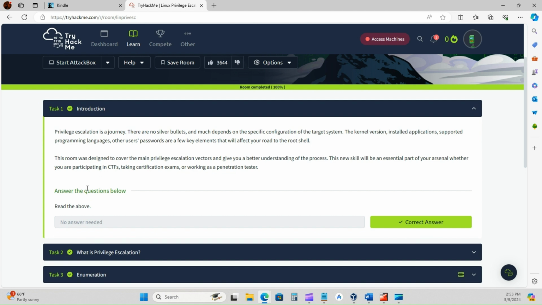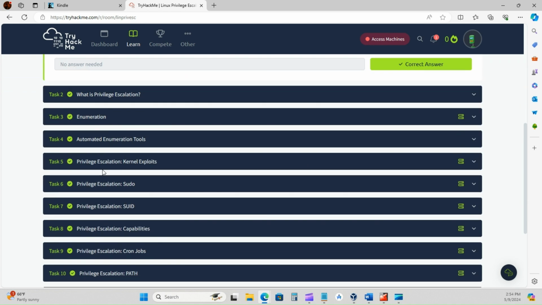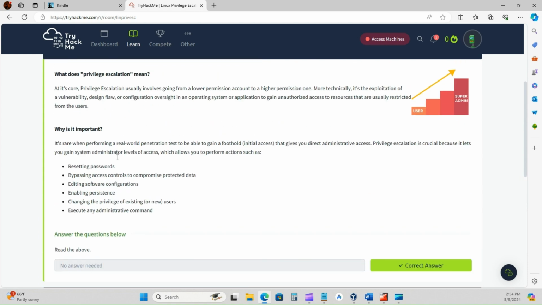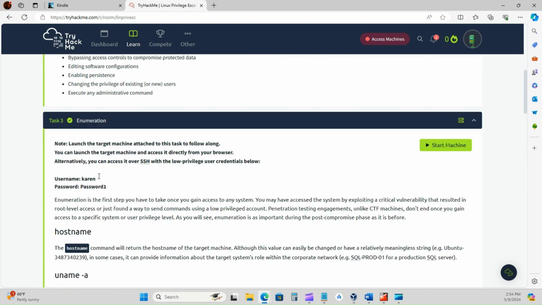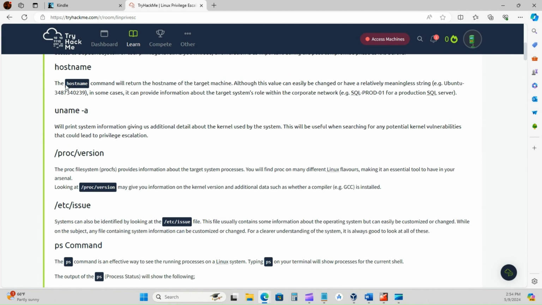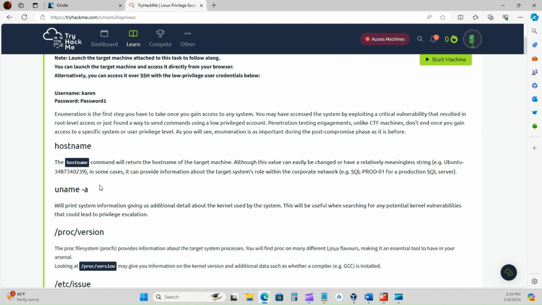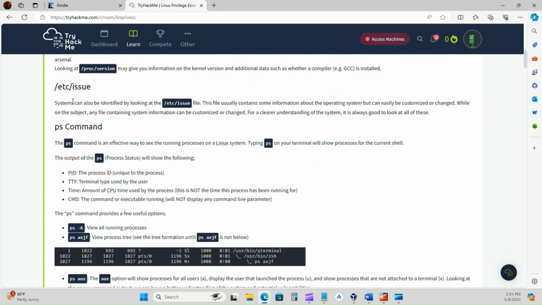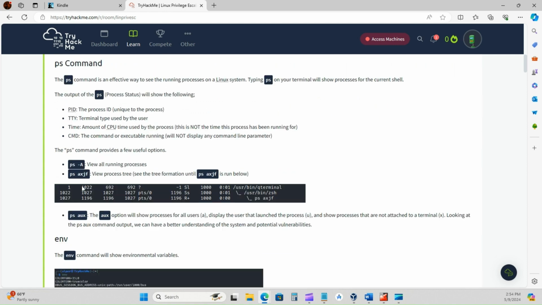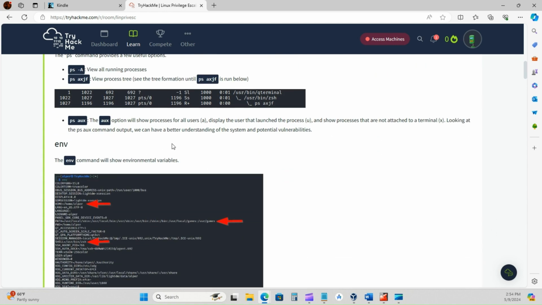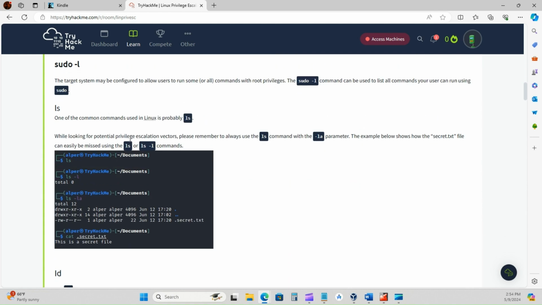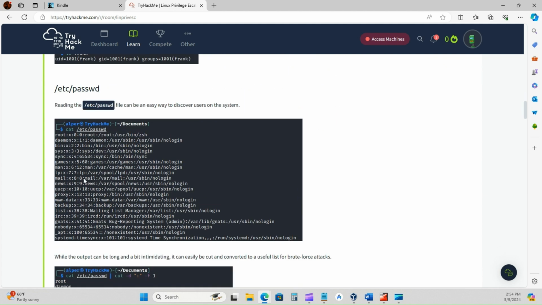That's why I know about it. This is so awesome. What is privilege escalation? It tells you about enumeration, and then what to do to start. You're looking at the sudo list, the same thing we just did in that